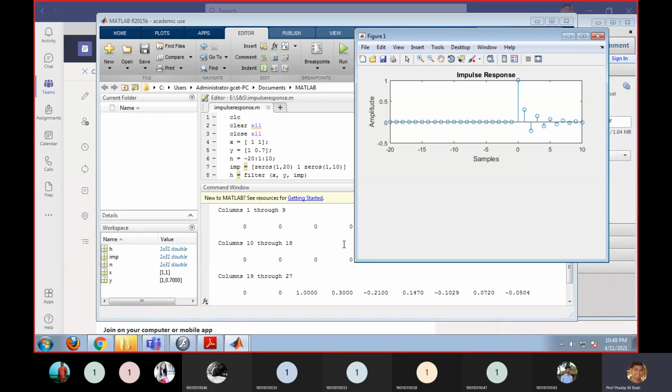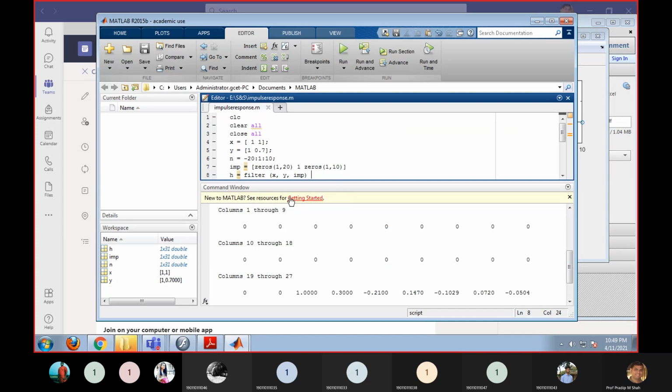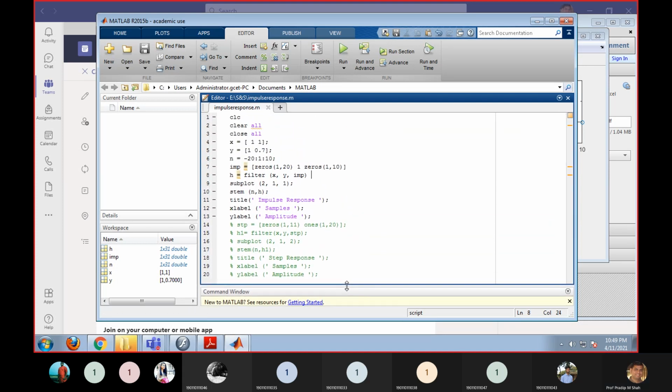Okay. Now we are going to define the step response. The step response code that I had commented, I will bring it back.